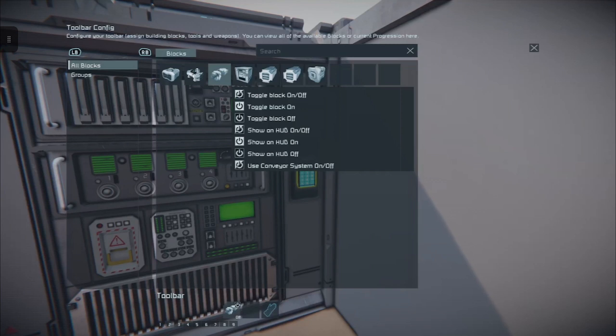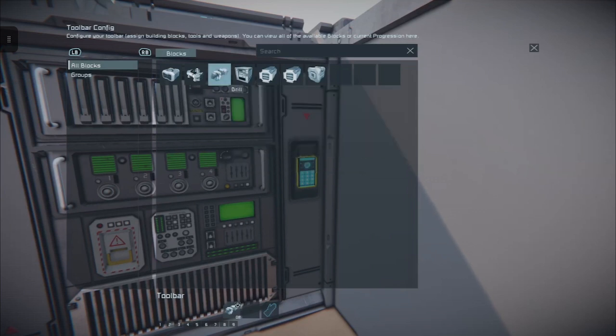Now what you could do is start a timer block that has the drill run for an additional 60 seconds, a couple of minutes, whatever, and then trigger the timer block to retract the pistons. But for the purpose of this particular one, all we want to do is pull the pistons back. And that should turn off the drill and retract the pistons.